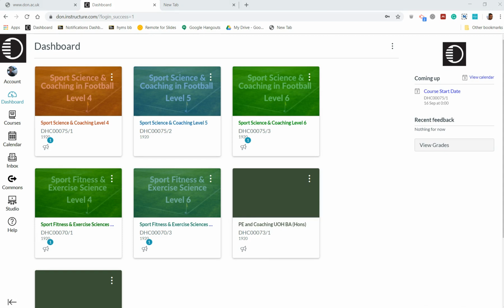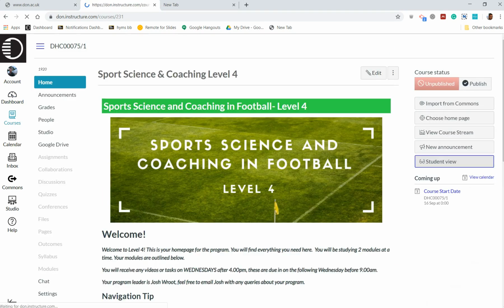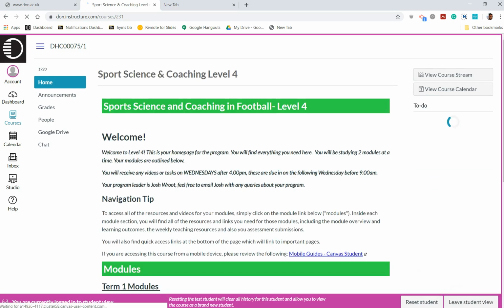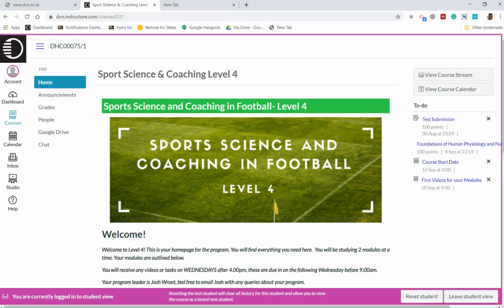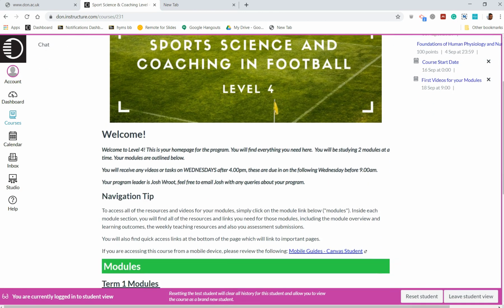The courses, obviously, that's your main part where you're going to go. We'll use level 4. You click on the actual course, and we'll go on the student view, and this is what you'll see. That's your course homepage: sports science and coaching in football level 4. You've got all of the welcome information there and the times and everything that we are going to adhere to